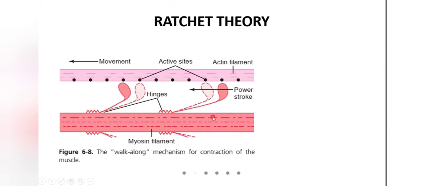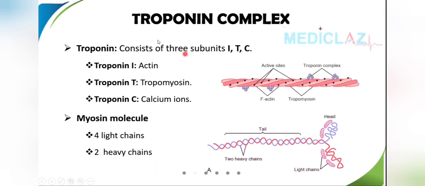So now you see here, this is a very important thing. This is the myosin filament and this is the head, the globular structure. So previous one also you see this one. How they have drawn it is like this. I'm going to draw it separately. It will be something like this. So this is something like a hockey ratchet. It's like a ratchet. That's why this theory is called the ratchet theory.